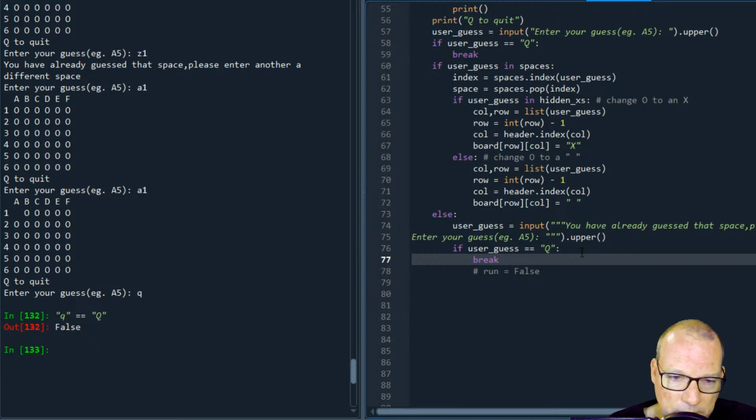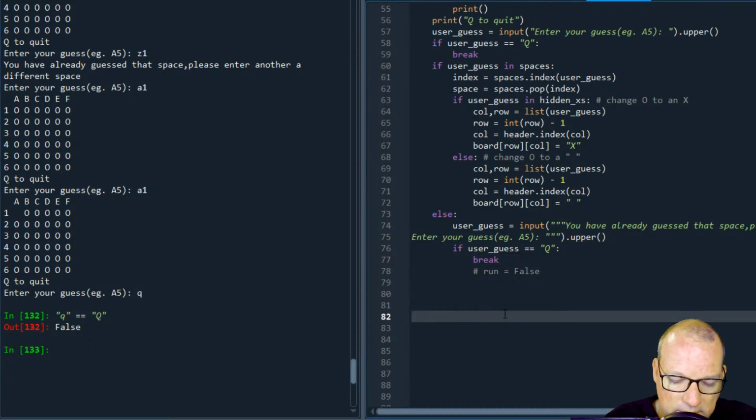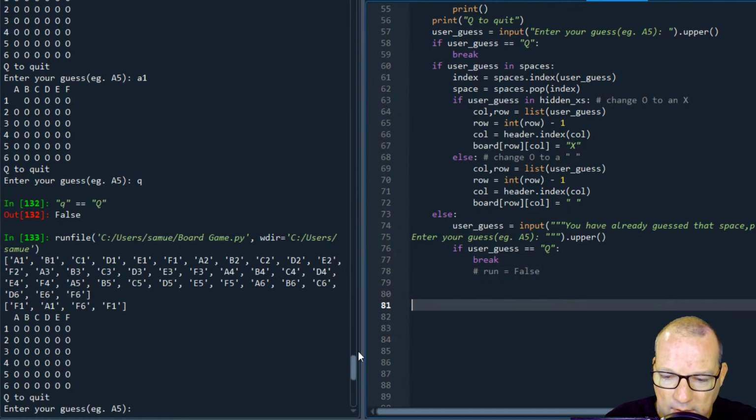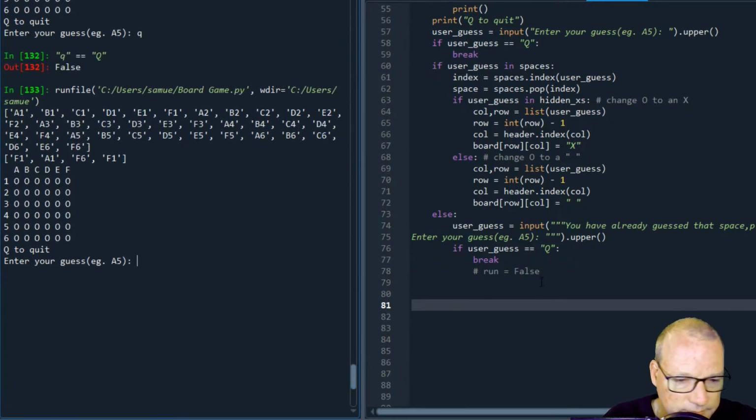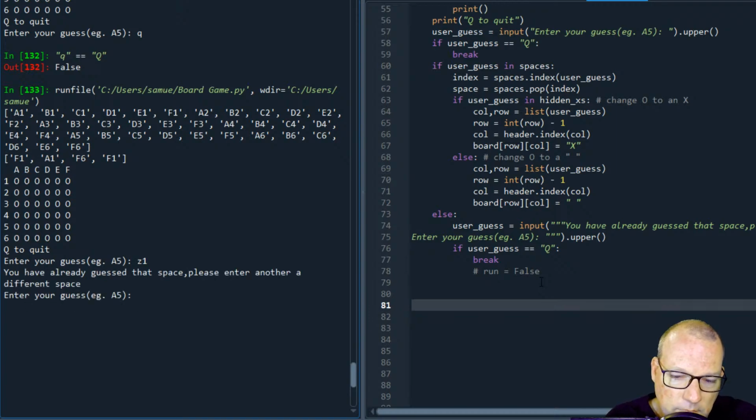So yesterday we were building a board game of basically guessing. So the zeros were the cards that were not turned over, and there are four hidden X's behind here. So let's go ahead and make sure everything is done. So right now we fixed this bug, and we had another one we found a little bit. We did an edge case. So if somebody types in Z1, what comes out is you've already guessed that space, please guess another. So we need to figure